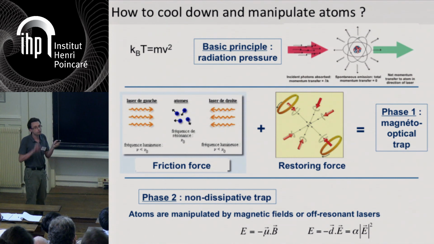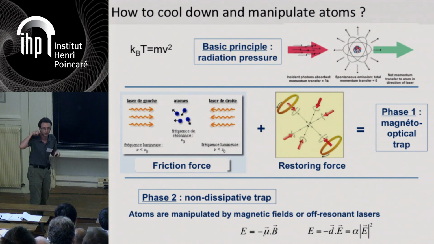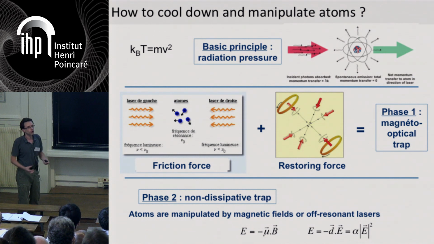And then the atom will re-emit this photon in a random direction, for which it will get another recoil, which is in a random direction. So after many cycles of absorption and emission, the momentum due to absorption adds up along the axis of the laser, while the momentum due to the spontaneous emission average to 0, and so you get a net force, like your laser pushes the atom in the direction of the light propagation. So that's how you create a force. Now, how do you cool the